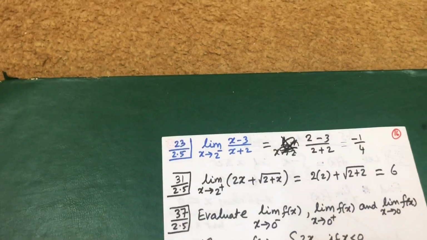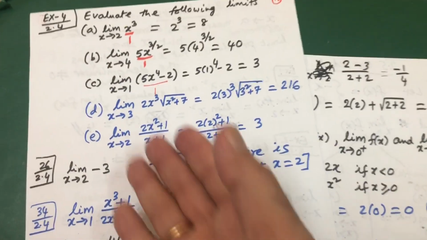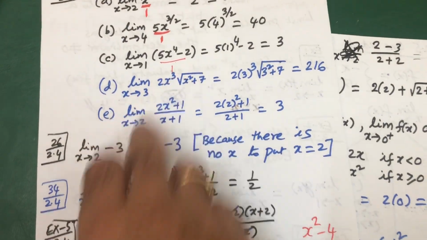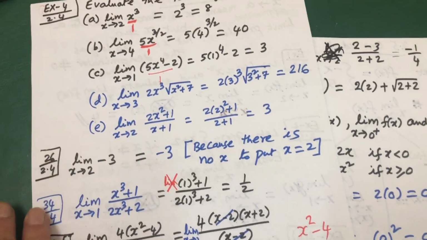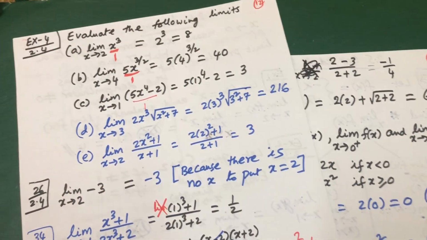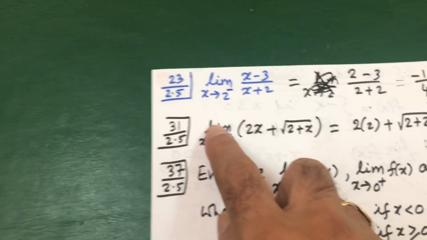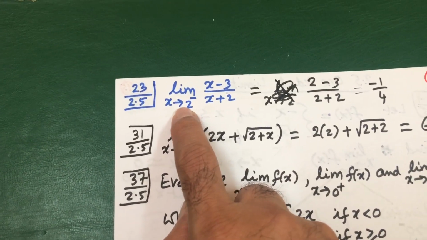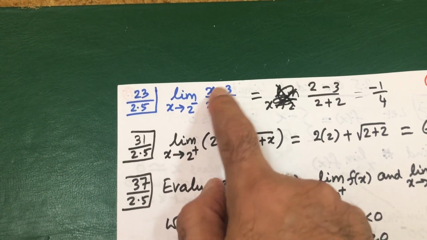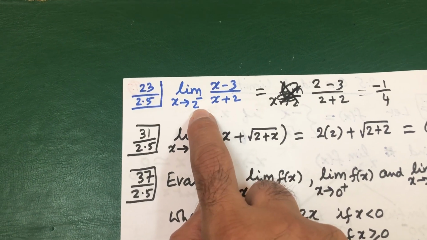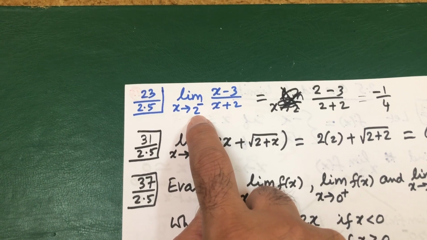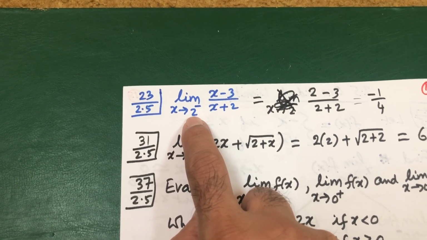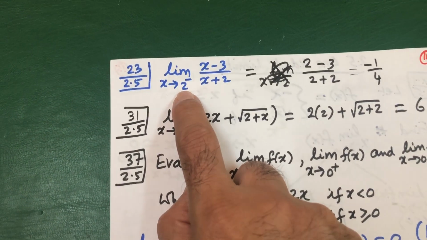Before problems and after problems, in any problem, we are putting x equal to 2 only, x equal to 3 only, x equal to 1, whatever. These values only we are putting. Make sure whether it is a left side or right side. Here there is no need, but here he says specifically make sure that your x is 2 minus. Suppose you want to verify this in the calculator, you have to put x equal to 1.9999 only. You cannot put 2.0001. No, you have to put x equal to 1.9999 only to verify in the calculator.